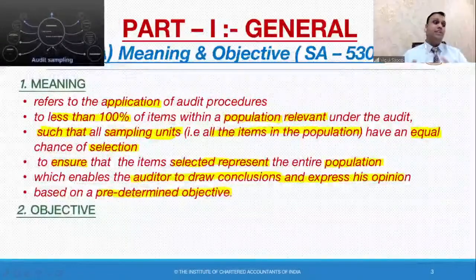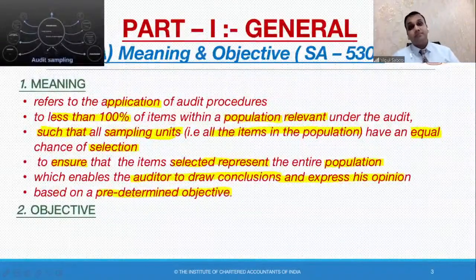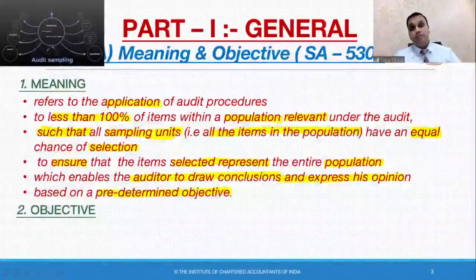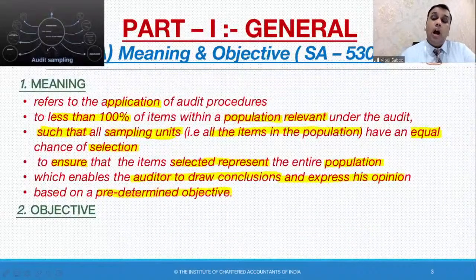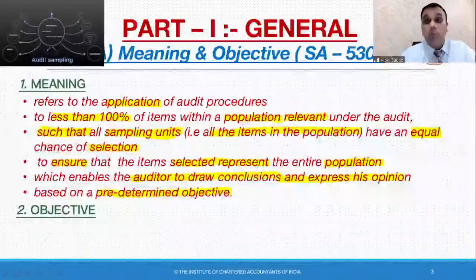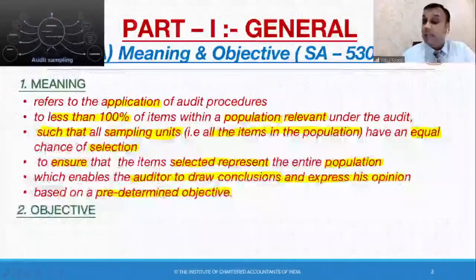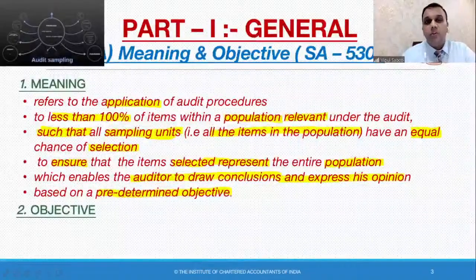For example, the debtors, the accounts receivable. The client company has 100 major debtors. So, after studying their internal controls, whether they are strong or weak, I will develop an objective. I'll determine an objective. Yes, their controls are good. I'll check 50% of the accounts, ledger accounts. I'll verify their balances. I'll vouch the transactions.